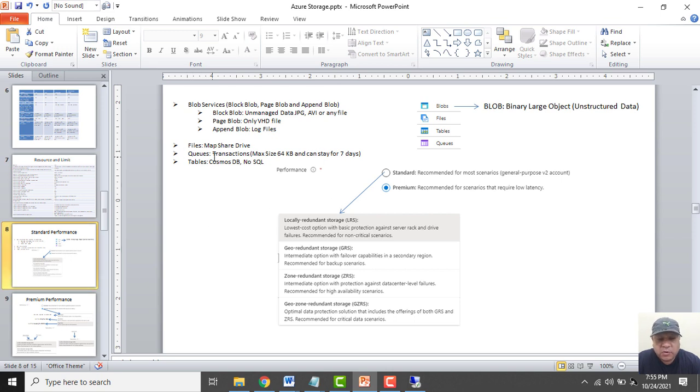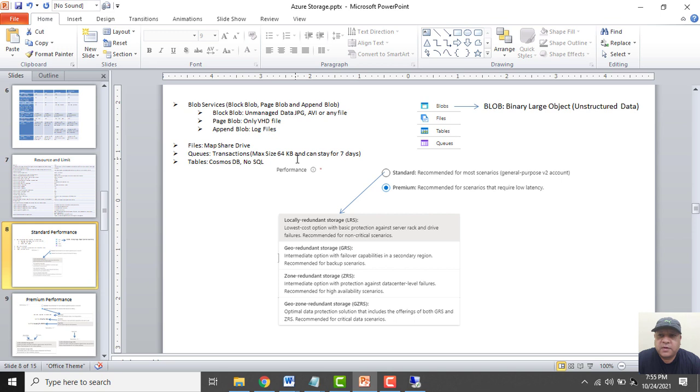We can have multiple messages accumulated in a queue, each with a size of maximum 64 KB, and these messages can be saved in the queue for 7 days only. But what is the use? We see orders coming in for some company.